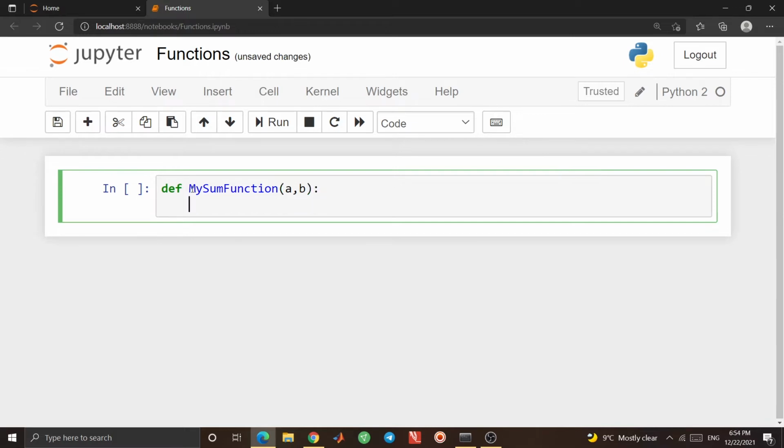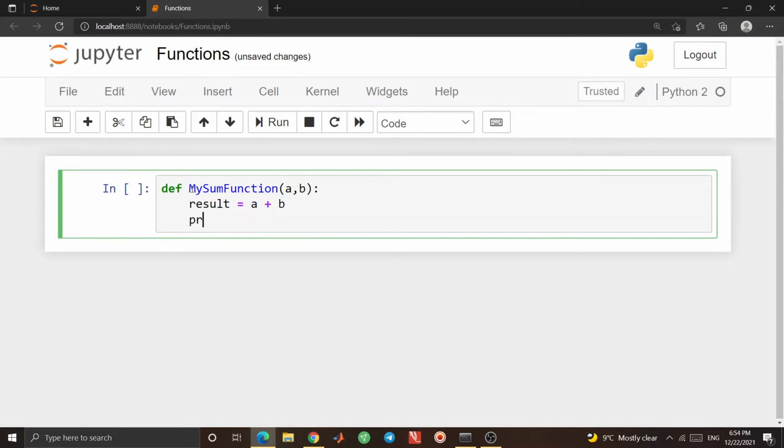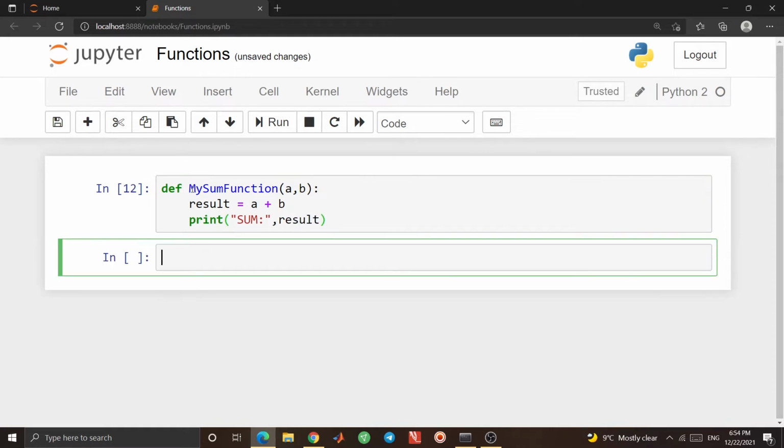And in here I want to calculate the summation of two numbers, result equals a plus b, and I want to print the result here, sum colon, and I want to pass result. So if I run it, okay, my function is now defined and I want to call my function,